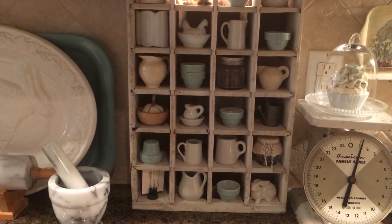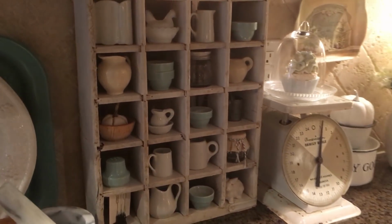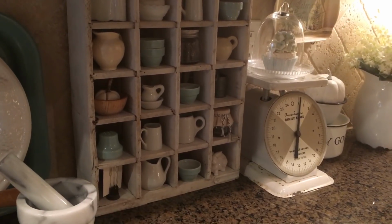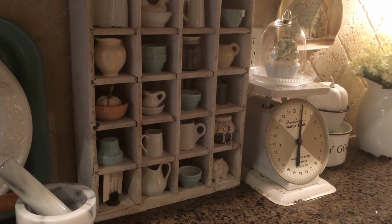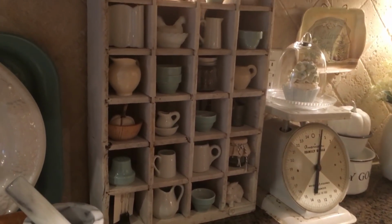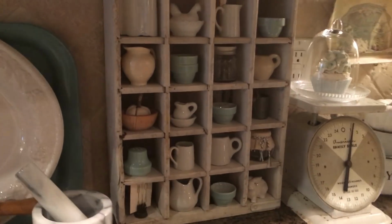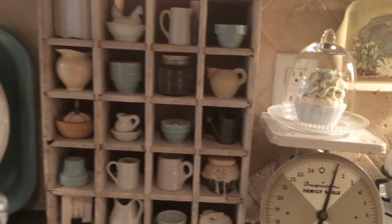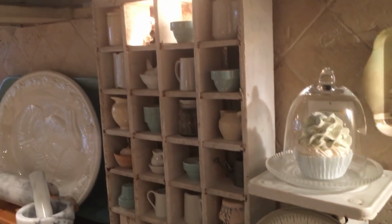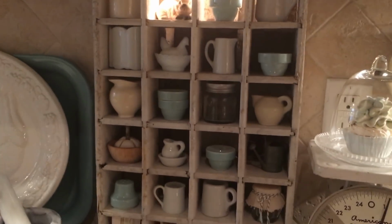This is one of those little crates that they used to keep the old vintage glass bottles in, like Coke. You know how Coca-Cola and Pepsi used to make crates like this, and I'm not sure, I think this might be a Pepsi one. I can't remember, but I bought this at an antique store, and it just worked really perfect for my little